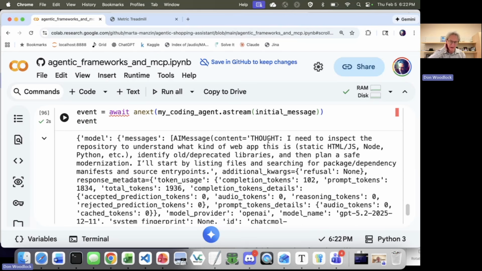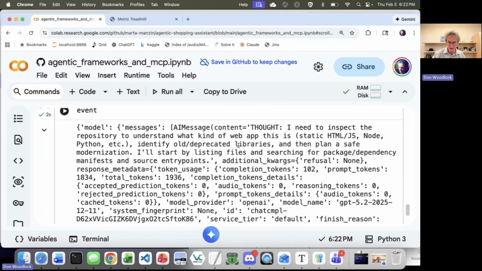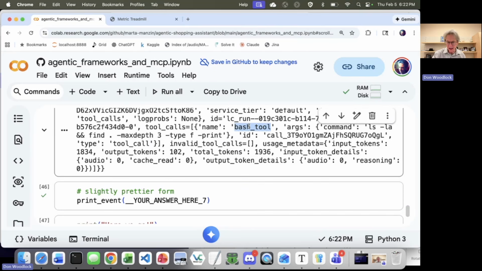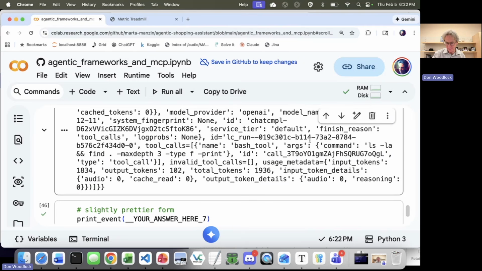The very first event is saying, hey, I need to inspect the repository to understand what kind of web app this is, identify old libraries, then plan a safe modernization. And this is how I'll start. And then there should be a tool call here. Here it is. It's using the bash tool. Of course, that's the only tool other than the shopping cart that it has. And here's the arguments. There's a command argument, and I want you to run ls -la, so list the files in the directory, and then find in this directory, looking 3 subdirectories deep,